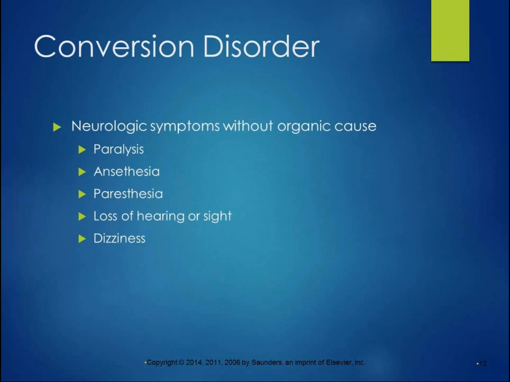And the way I see it, our role in physical therapy is to make sure the person is still moving as much as possible to counteract the effects of immobility. So whether their paralysis is organic or psychological, they're still not moving and they still have the effects of immobility. So they're going to get muscle atrophy, they're going to get dysfunction of the muscles from not using them. And so I've actually worked with a lot of people who successfully got through conversion disorder, and it's really interesting.